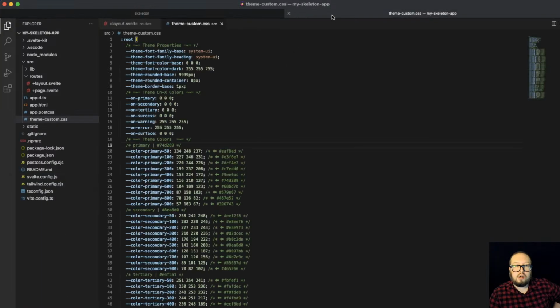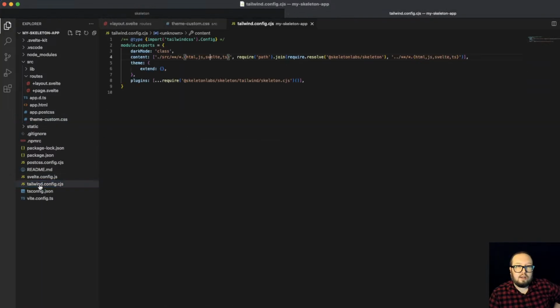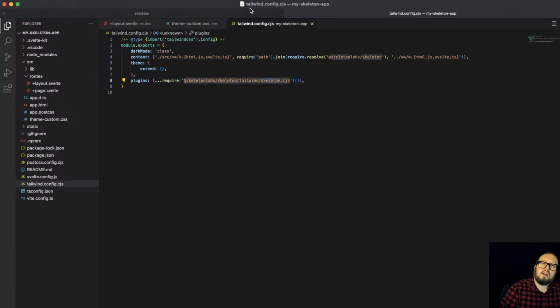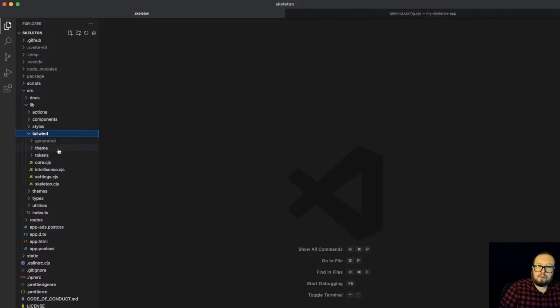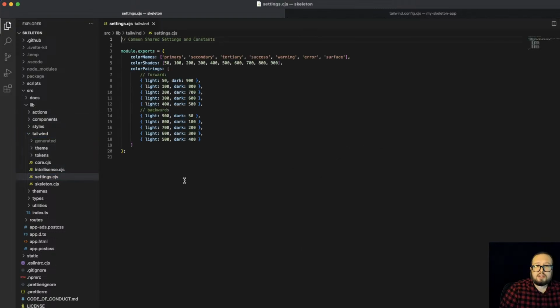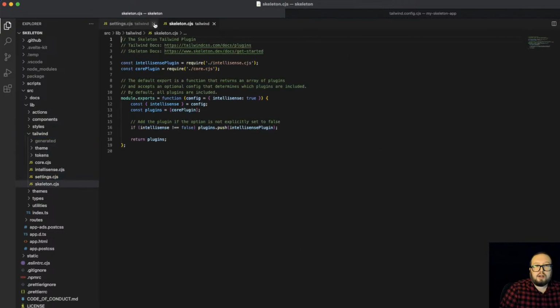So when you install through the CLI, or you do a manual installation of Skeleton, it's going to import Tailwind. Tailwind has a config file, and inside of here, one of the plugins that we're installing for you through the CLI is the Skeleton plugin. And so we can see where that maps to in our library here. What this is doing is it's pulling in a bunch of other smaller modules, right? So we're pulling in things like